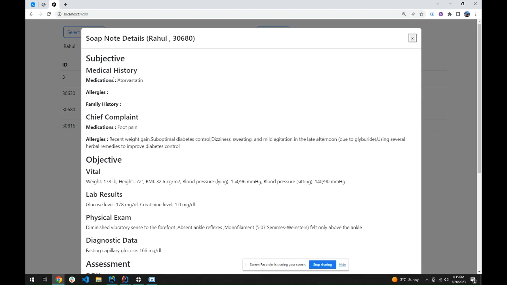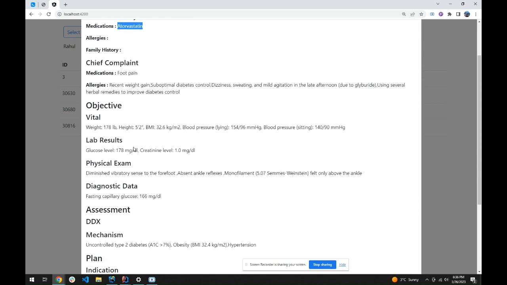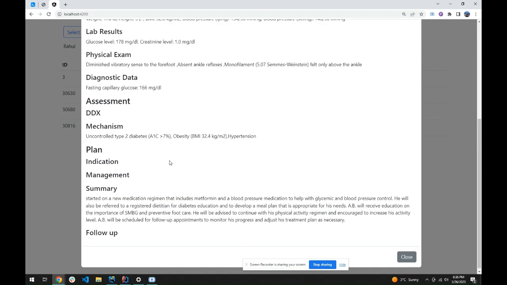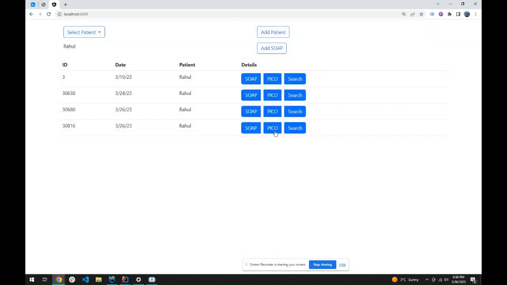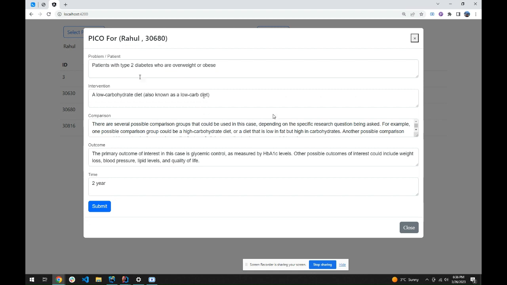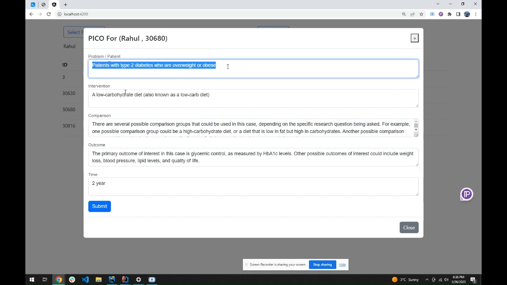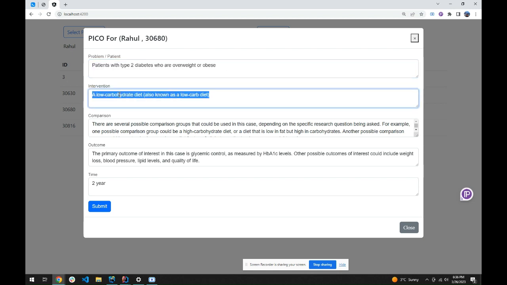So currently this is the medication section. The patient is taking these medicines, and this is the basic vitals, lab results, and diagnosis data. And if we talk about the PICO sections, then this is the question which we mentioned earlier, like problem: low carbohydrate